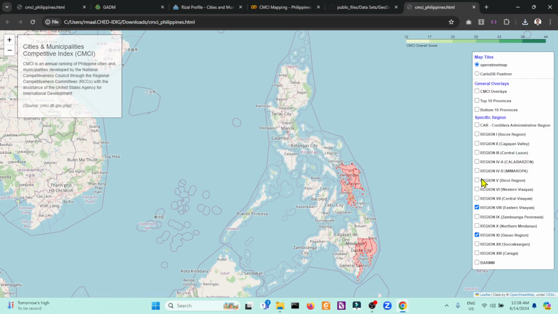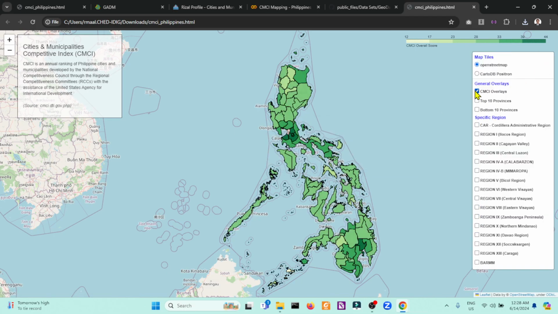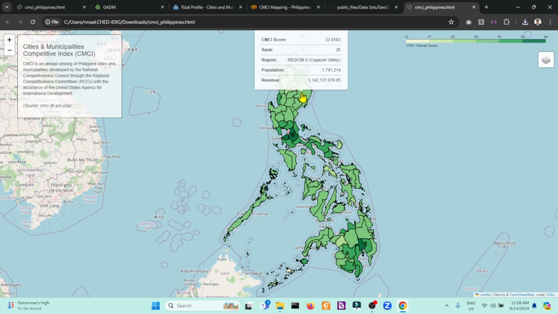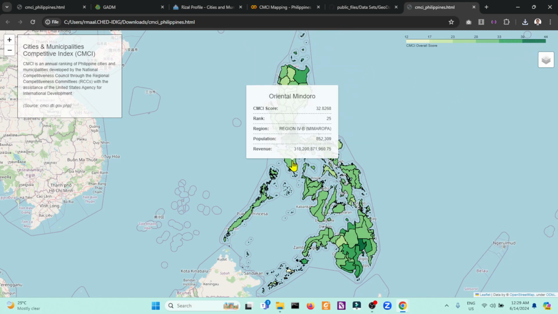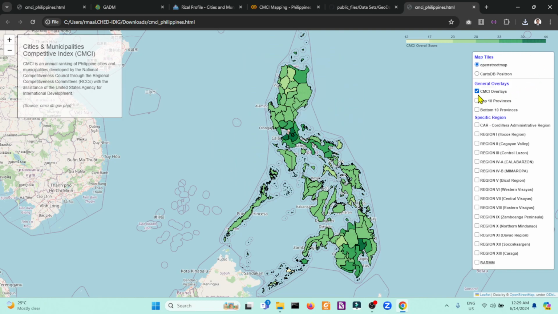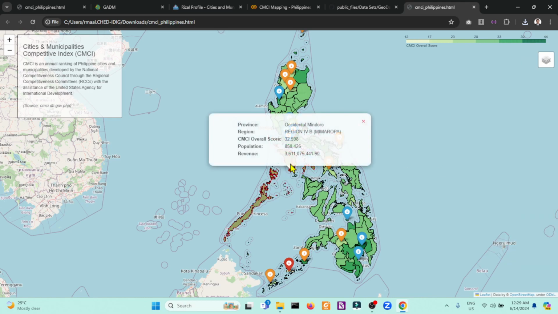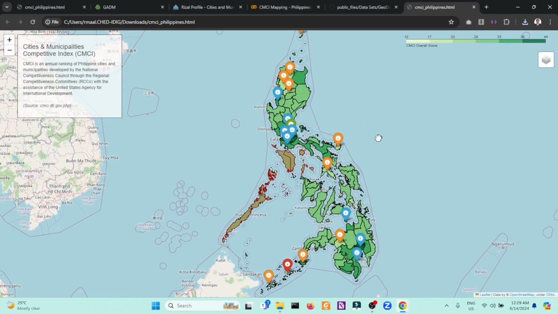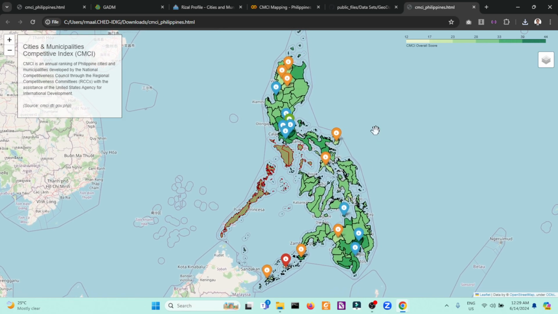This is our finished product that we can give to researchers or anyone for a specific purpose. So, bottom province, let's see, Mimaropa. Here's the Mimaropa region. It's pretty neat.